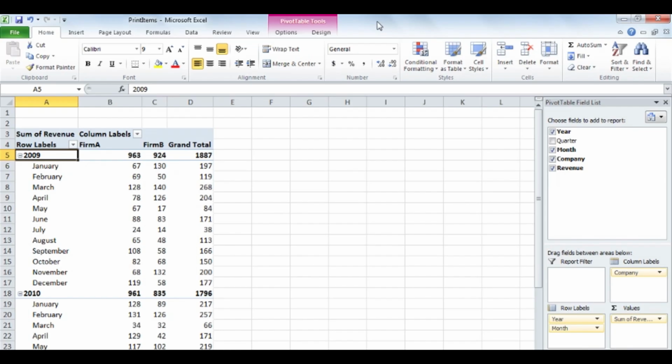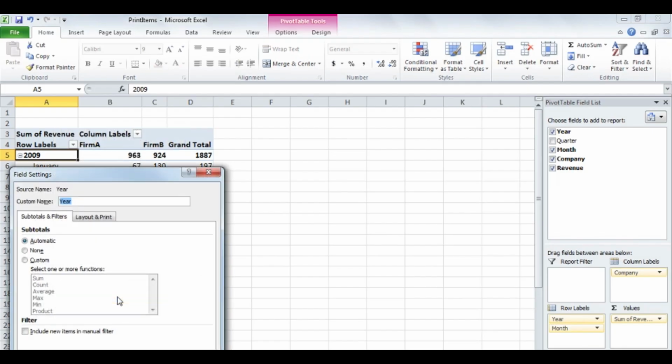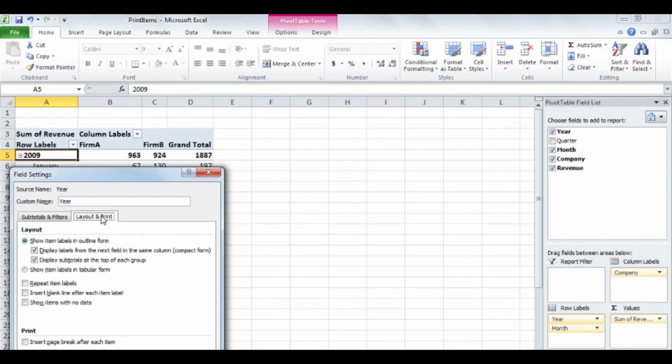To do that, you right-click any cell in the label field by which you want to separate. In other words, I want to separate by year, so I'll click one of my two year fields, in this case, right-clicking 2009. In the shortcut menu that appears, click Field Settings. In the Field Settings dialog box, the setting that we're interested in is on the Layout and Print page. And at the bottom of this page, you can check the Insert Page Break after each item box,